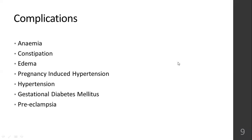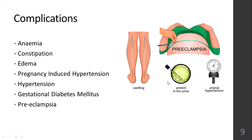And preeclampsia, as I mentioned, the signs of preeclampsia are swelling in the extremities, protein in urine, okay, a urine test will show protein, and hypertension, especially arterial hypertension. Normal blood pressure is 120 by 80. So what is 120? 120 is your arterial blood pressure, when the heart is contracting, that is arterial, systolic. And the 80 from 120 by 80 is the diastolic, or ventricular blood